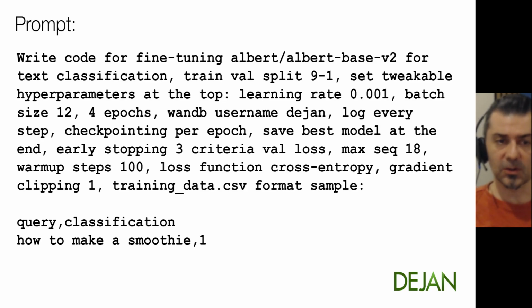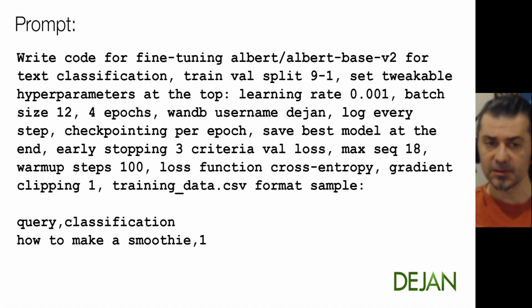Training for 4 epochs. There's no right or wrong. You can keep training and just monitoring the metrics using Weights and Biases. And that's why I've specified my username there, so that can be incorporated into the training script. And I'm saying log every step. You can log every 10 steps or every 100 steps. That's basically how often it'll make a little data point during the training period.